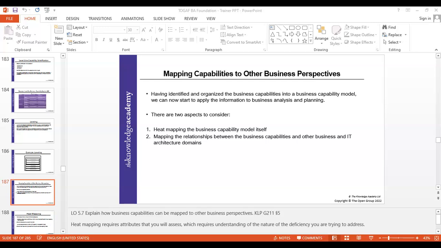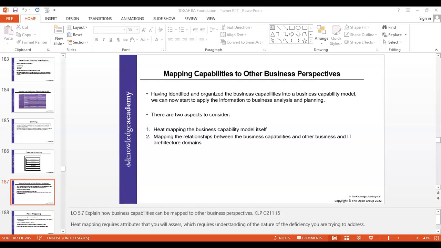Now, let's have a look at this one. What do you see here? This is an example of what? Mapping capability to other business perspective. So, you know what the chart is called actually? Capability heat map. No, Gantt chart, correct?